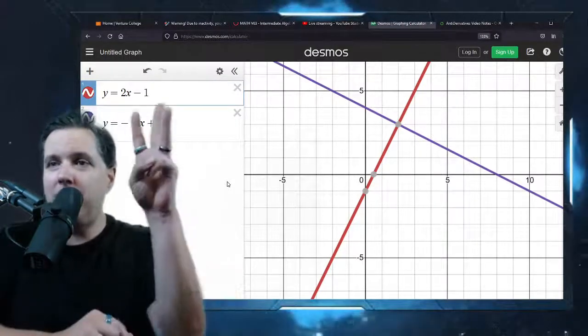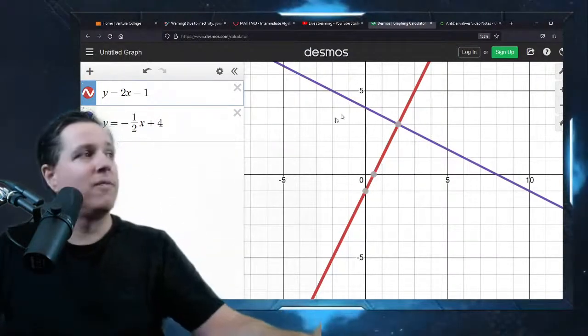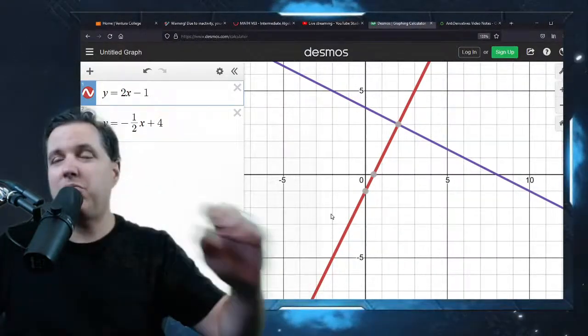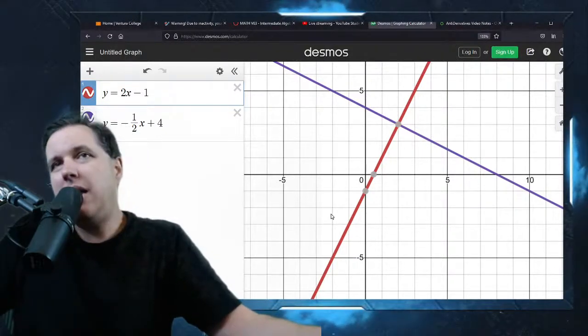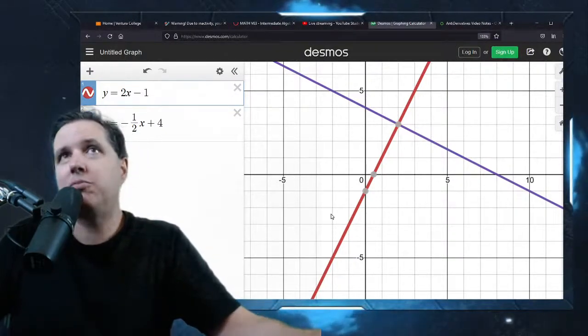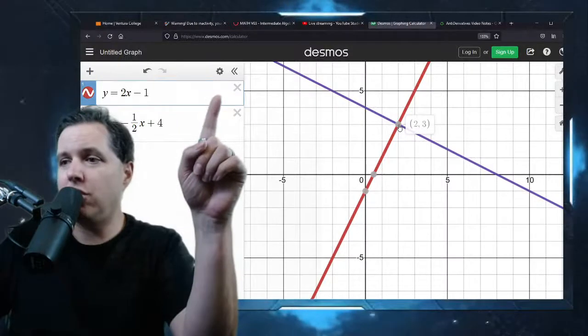And you want to be able to have these 3 images in your head, right? This is the common one. This is what you're going to run across probably 95% of the time. Maybe 80-90% of the time when you're doing these problems. You're going to get this. You're going to graph 2 lines. You're going to get a point of intersection. That's your solution, and you're good to go.